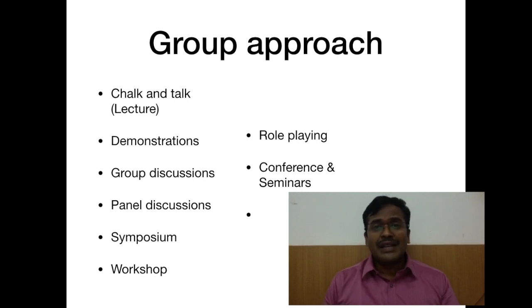12 people. Then panel discussion. Panel discussion usually involves about 4 to 8 people who are leaders in that particular field of discussion. They will sit in front of a large group of audience. They will invite audience participation. They will invite the audience to ask questions. They will answer the questions, and the discussion will happen. Usually the discussions will be in an unplanned manner, but the topic of interest will be discussed. Here again a very good learning will happen.